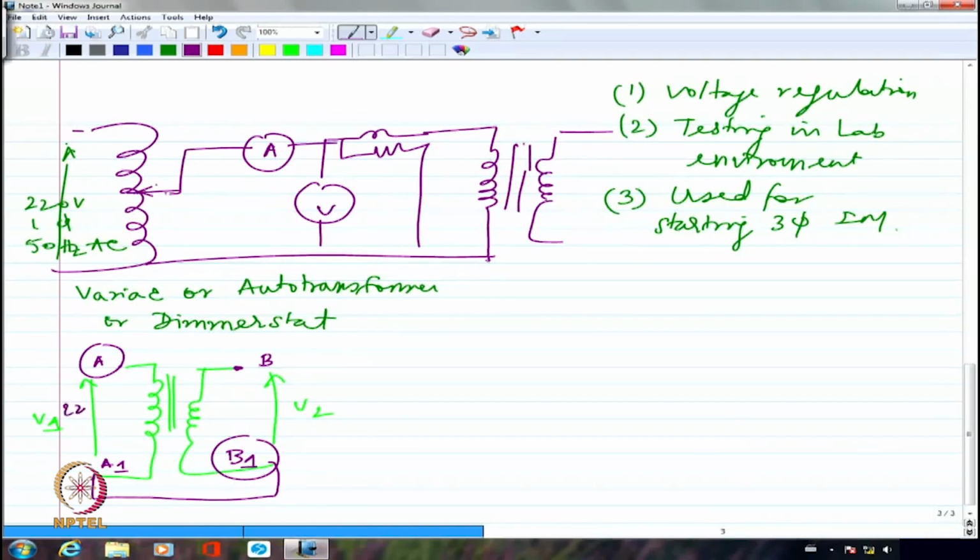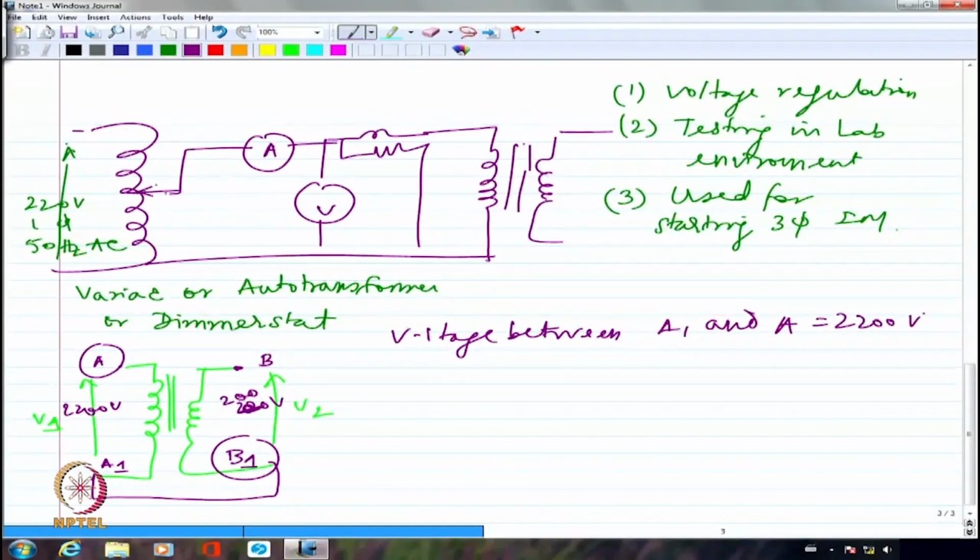When I measured the voltage between A1 and A, this was 2200 volts, whereas the voltage between B1 and B at the same instant, I am talking about the same instant, I am getting as 220 volts. Fine. Now if I connect this, A and A1,